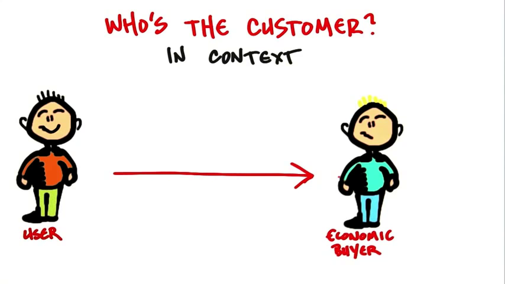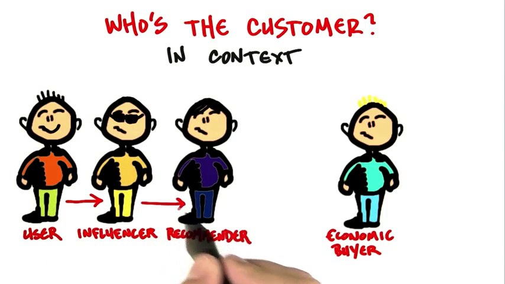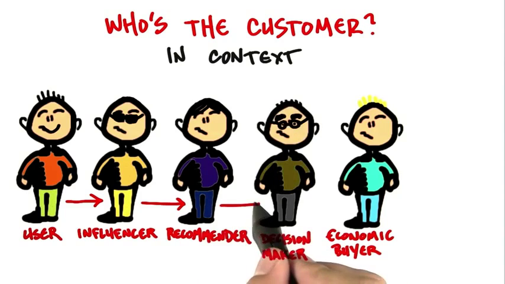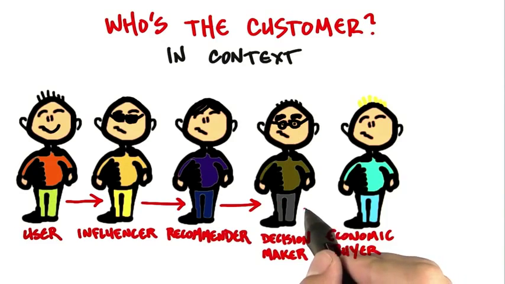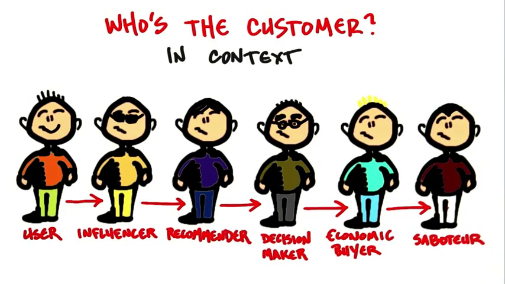And in between this process, in a large company, you might have people who influence the decisions. You might have people who actually recommend who the vendors should be. You might have a decision maker who's the head of the department, but still needs to pass off the final purchase to the chief financial officer. And surprisingly, if you spend enough time selling to companies, you might have saboteurs. And saboteurs in a company are individuals or organizations whose jobs feel threatened if a new piece of software or new process or new organization comes in place.